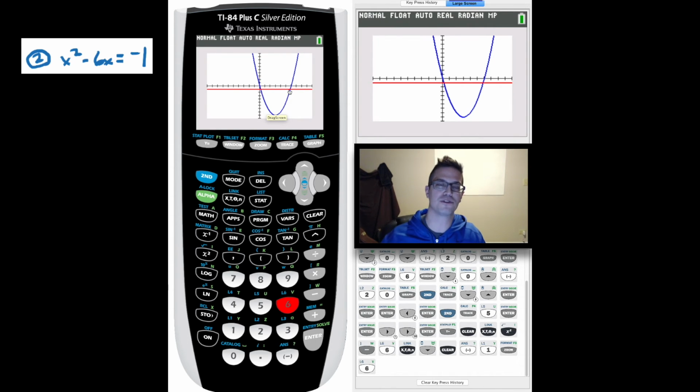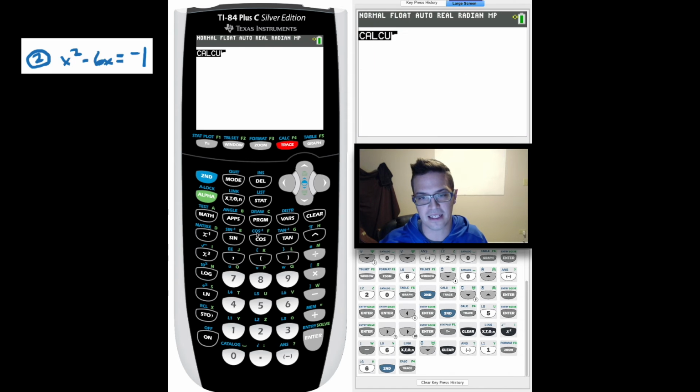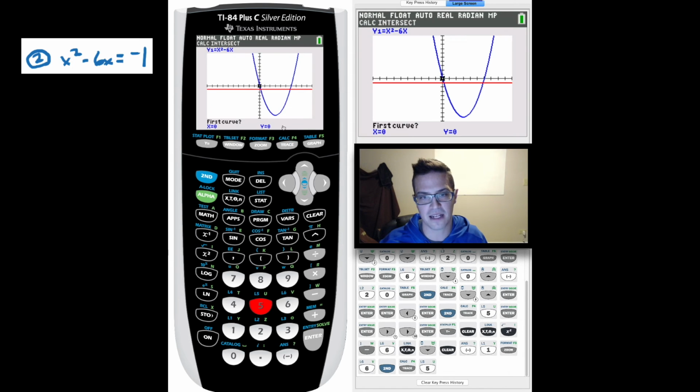Now to find those solutions, what you're going to need to do, again, is press second, calc, 5, because that's the intersect. Then from here, first curve is y1, second curve is y2, and then it says guess. We're closer to this one, so let's hit enter. Now we actually have an answer. We have that x is equal to 0.171572888. It just kind of keeps going right here. You could tell it's an irrational number just from this answer right here, and then the y is